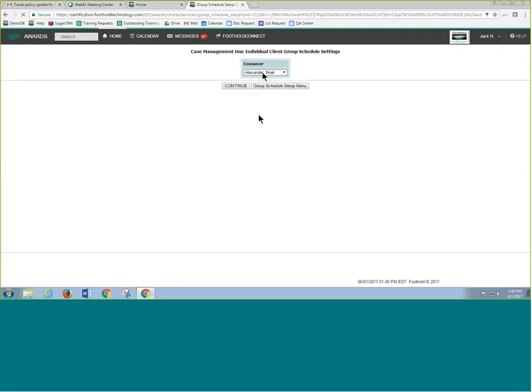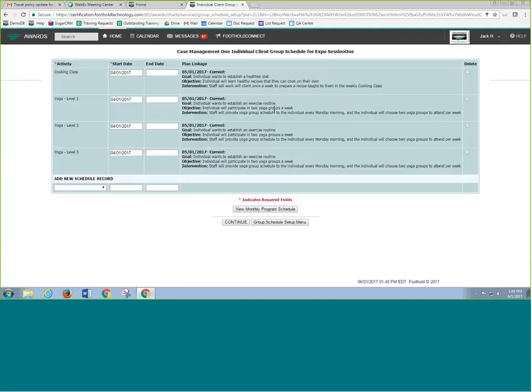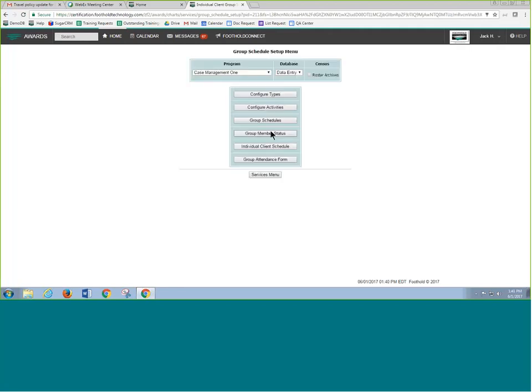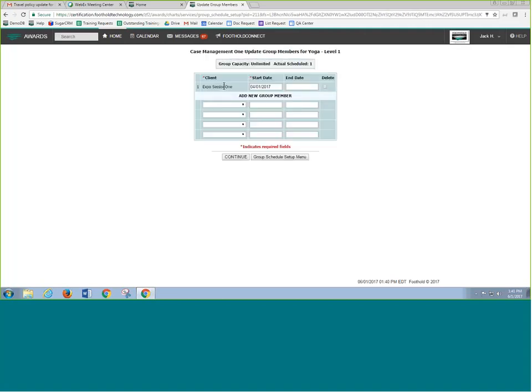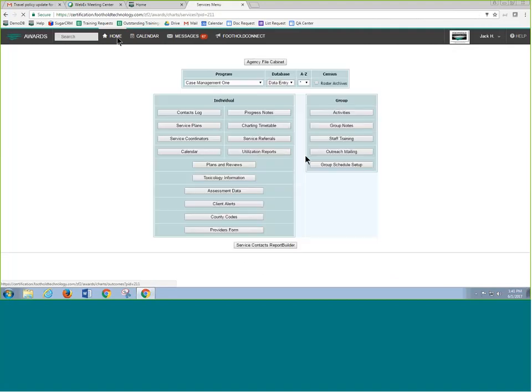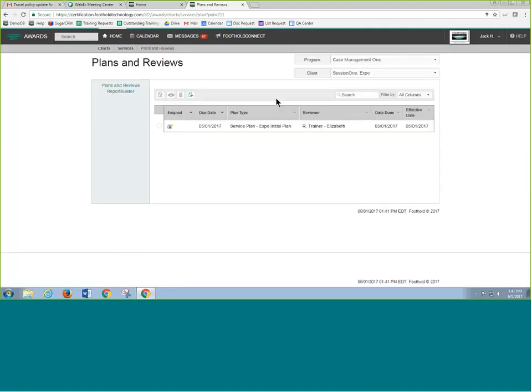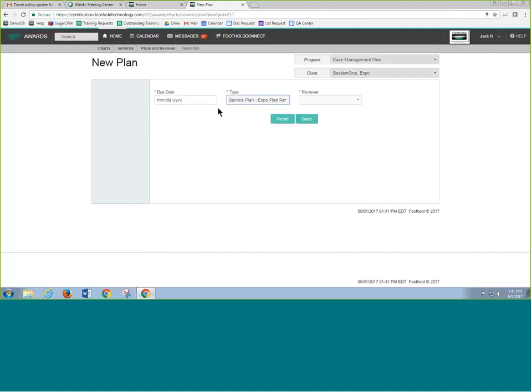Let me go to individual status here. And I'm going to show you that this particular client is in many groups. He's in 3 levels of yoga and a cooking class. So what that looks like in the way that you've seen it here is if I go to group member status and I choose Yoga 1, we'll see that Expo Session 1, that's the name of our fake client, started in this group as a 4-1, right? So then when I go to service plans for that client, I'm going to add a review here for a date that's after that particular date,